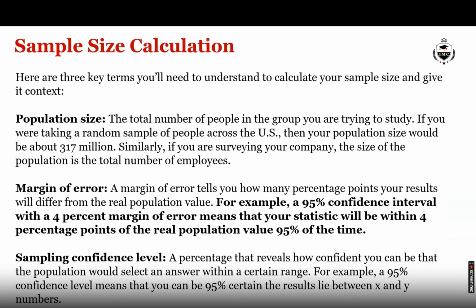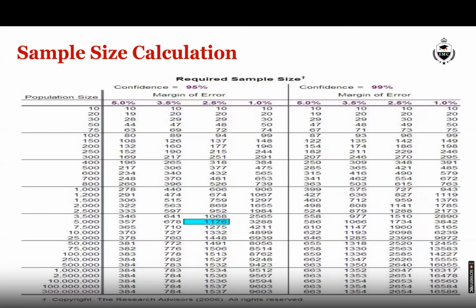Now, whenever we do sampling, there are many sampling tools available on the net nowadays, and there are three components which are necessary to do a proper sampling. One is the population size, another is the confidence level, with how much confidence you are drawing the sampling. Ideally it can be 95% confidence or 99% confidence also. Ideally, we do sampling majorly with 95% confidence.